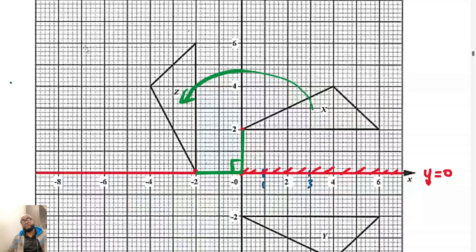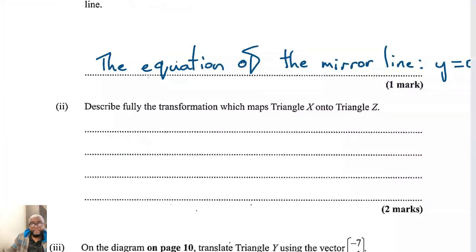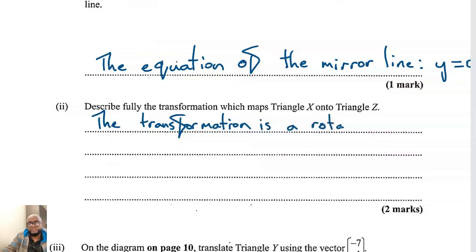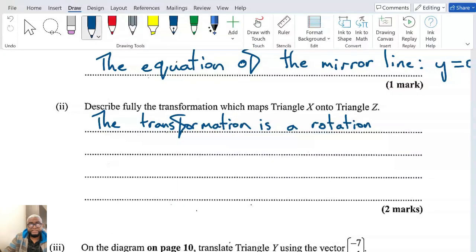You have to know the center of rotation, how many degrees it's moving, and what direction. Okay? So let's write out this transformation here. So the transformation is a rotation of 90 degrees,